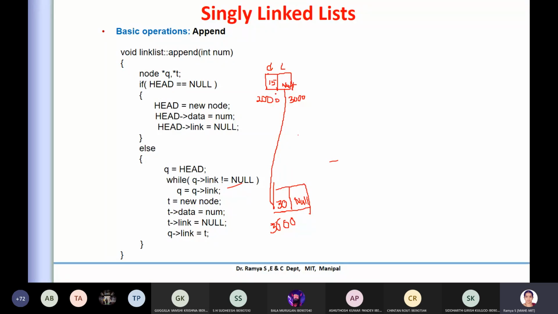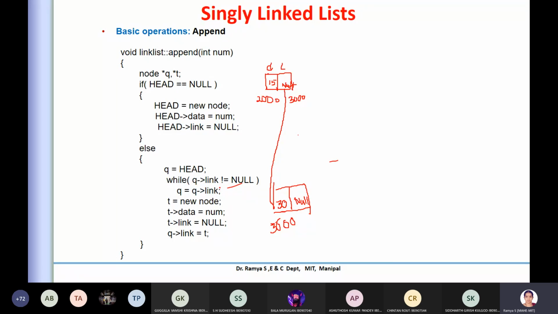Where is q? Q is 2000, and the 2000 link is here. If I had a linked list with, say, 10 elements, it will travel through all of those until it finds a null, because we are doing an append. So at the 11th point it will create a node and add it here. This while loop does that.